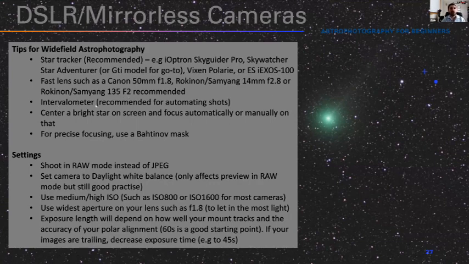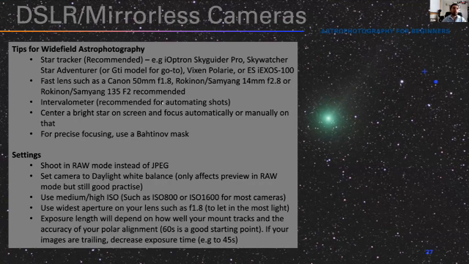So I highly recommend using an intervalometer. What that does is it's this little piece of equipment that you attach to your DSLR or mirrorless camera. And then instead of standing there and hitting the button and then waiting 60 seconds, hitting the button again, this allows you to completely automate it. So you select how many images you want, how long you want each image to be, set your camera to bulb mode, and hit start on the intervalometer, and it'll automatically take all the pictures you want,